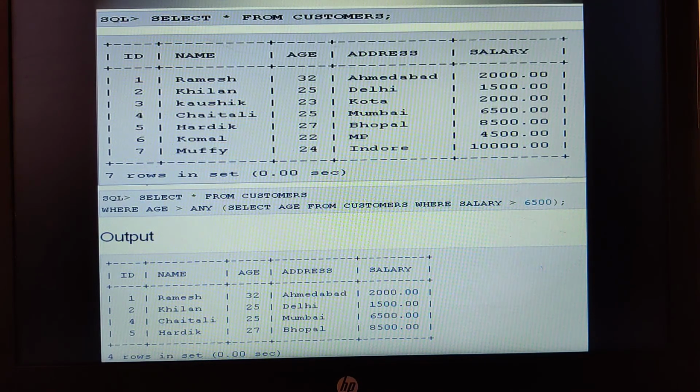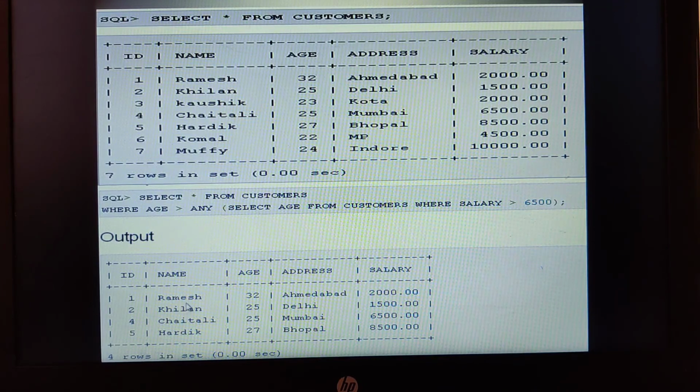One change you can observe here: ANY helps you select the age greater than 27 as well as 24. But in my previous example, it was saying higher than 27, then only it was able to display. It will consider the highest age, whereas with ANY, anything in the inner list of 27, 24 is accordingly selected.